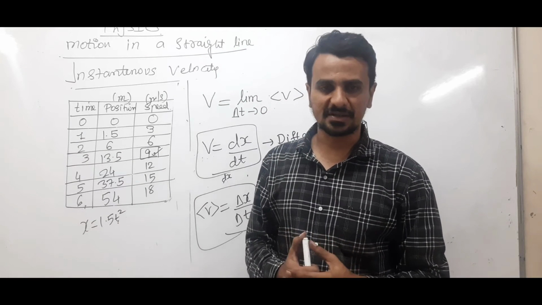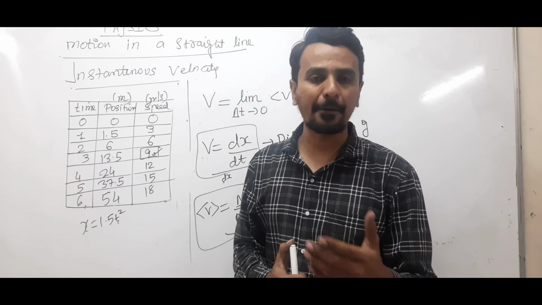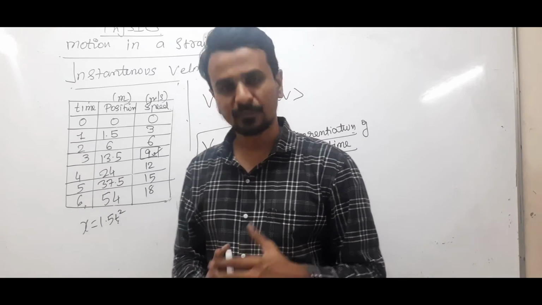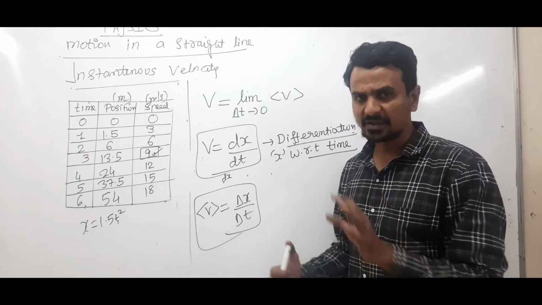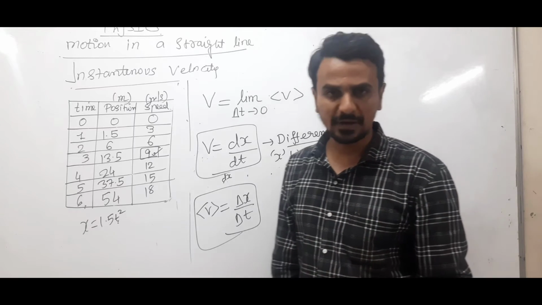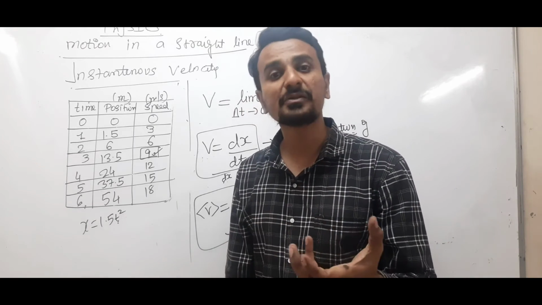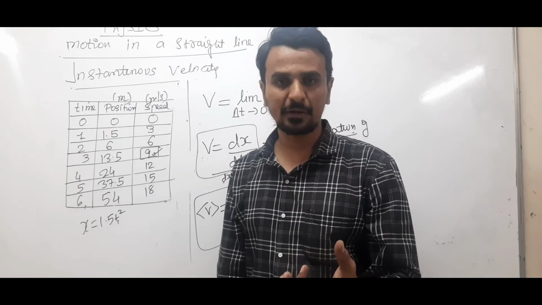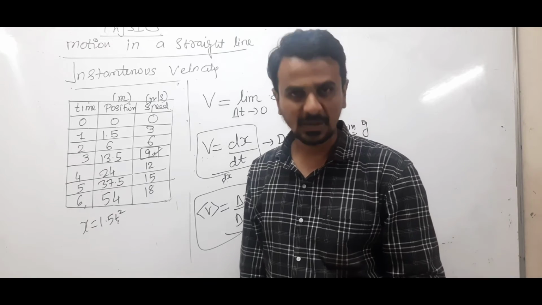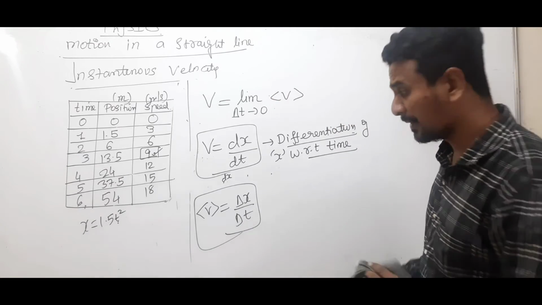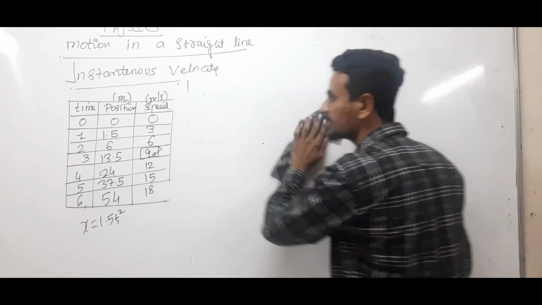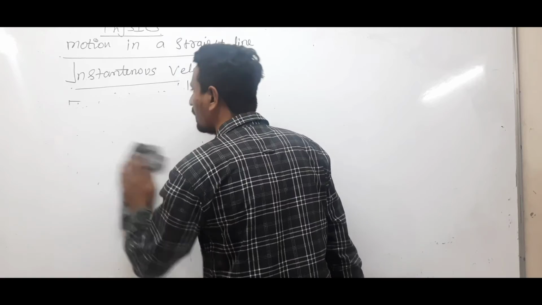But in questions, if you are being told to calculate average, or if you are being told to calculate instantaneous, how to solve such kind of questions, right? We'll look at that. Clear? So this is how you will obtain. Overall the conclusion is, in order to obtain instantaneous velocity, reduce the time interval. On reducing the time interval from average velocity, you will be able to calculate instantaneous velocity. Clear?